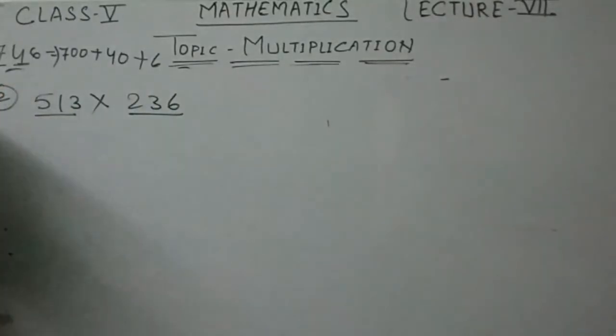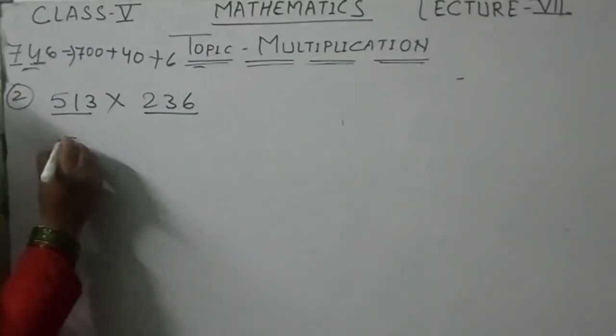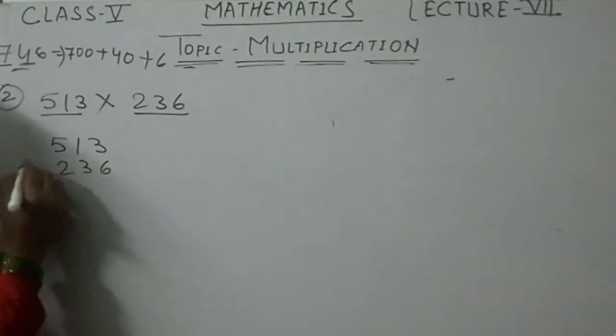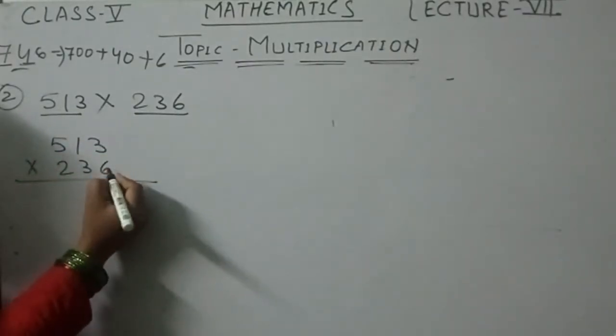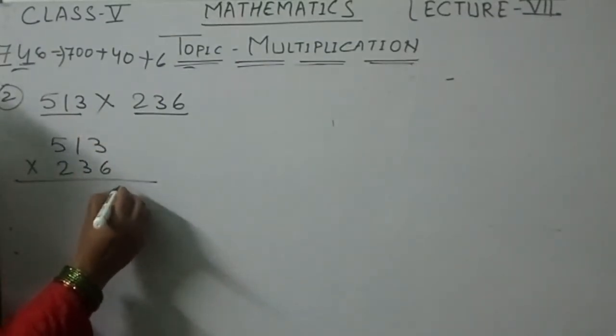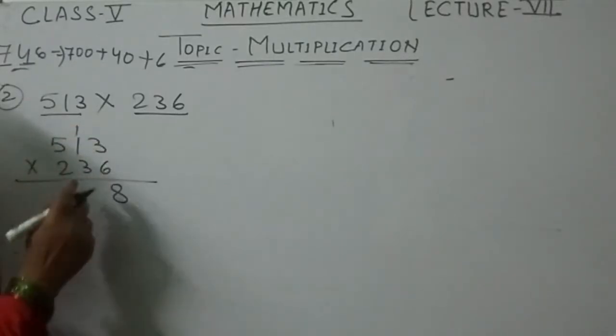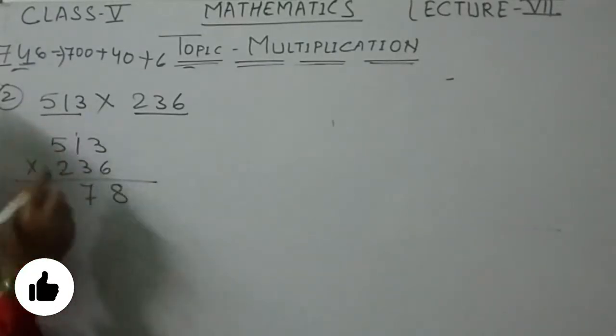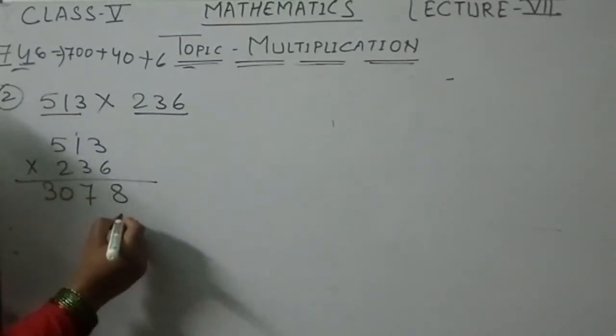First, the simple way to multiply 513 by 236. Here, first work is the first number here, 6. Read the table 3 times. 6 3s are 18, 8 carries 1. 6 1s are 6 plus 1, 7. 6 5s are 30, right here. And what I told you, you have to put the cross here.